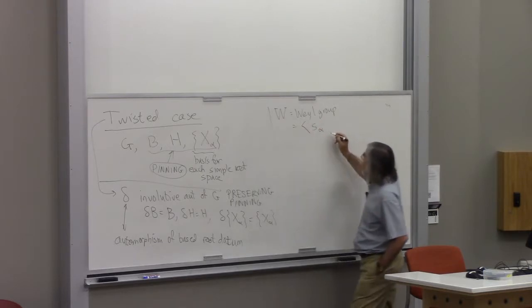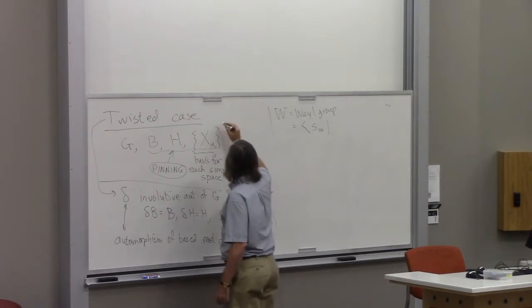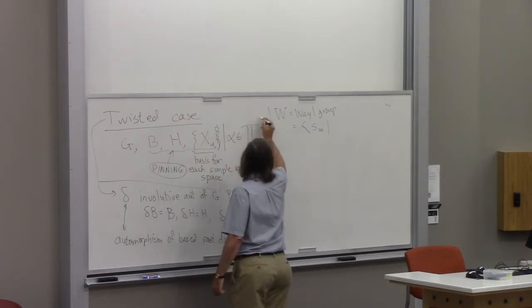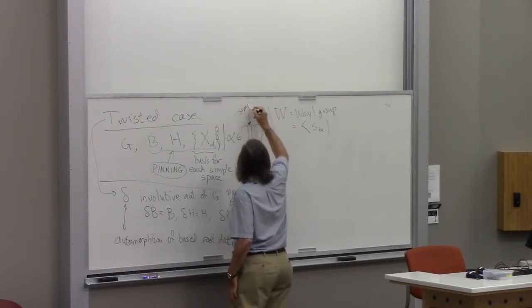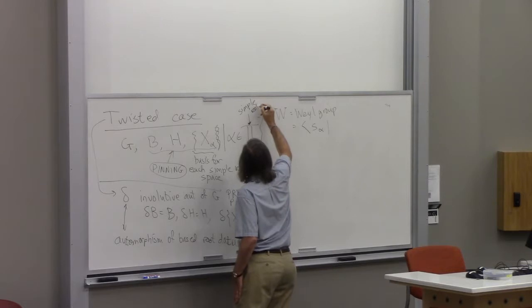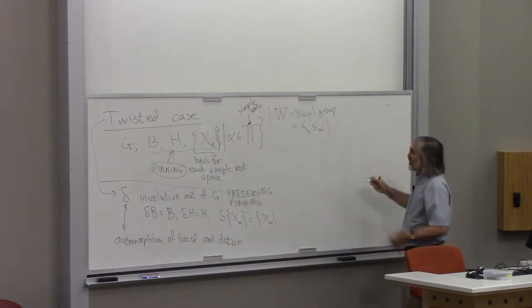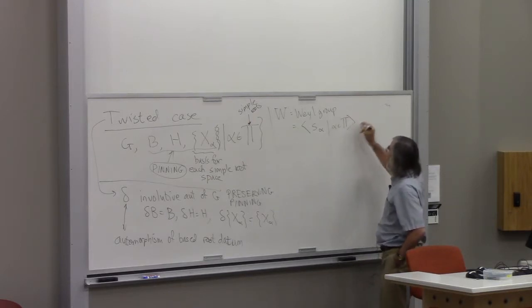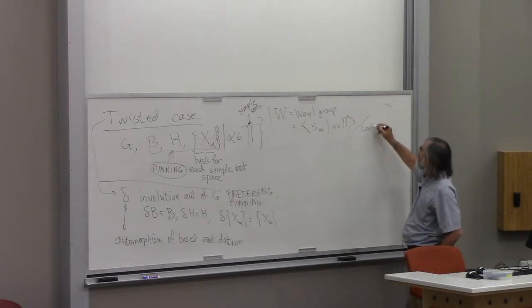It's generated by elements S alpha, alpha in pi. These are the simple roots. So for each simple root, there's a reflection. And this is subject to the Coxeter relations,